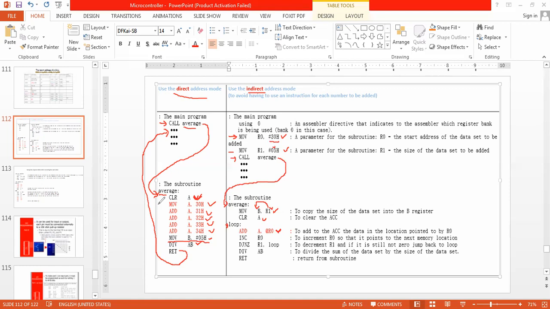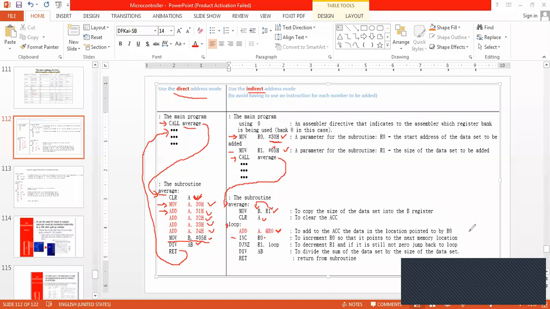So we are just doing this instruction: move A comma 30h, or else, after this, add A comma 31h. So first we are taking 30h inside A. Now increment R0. So 30h will become 31h.